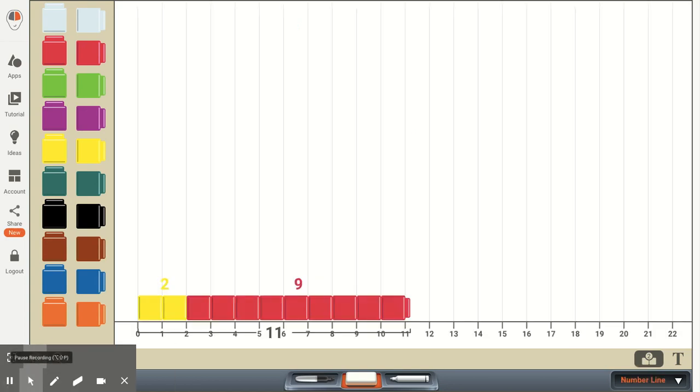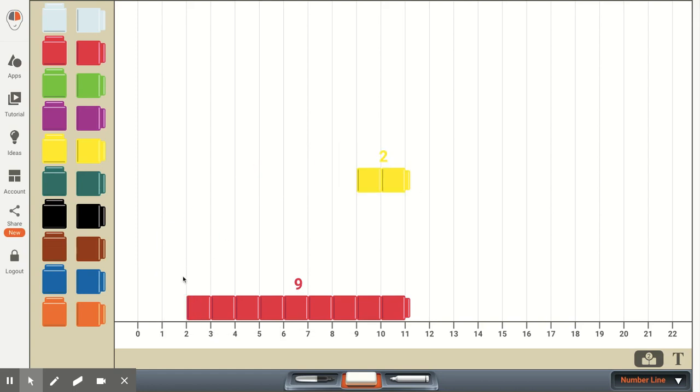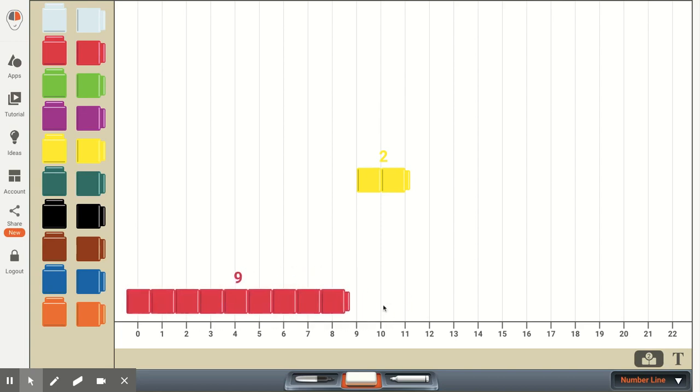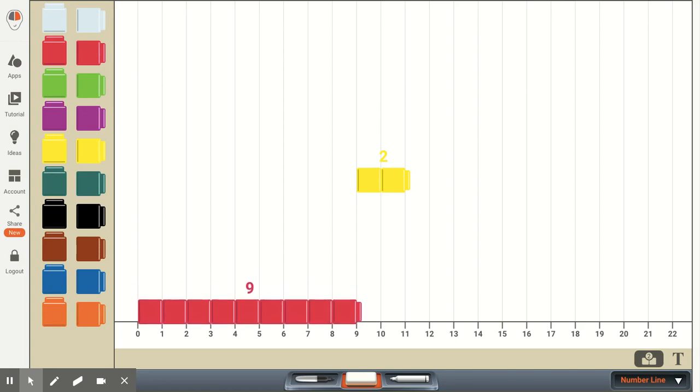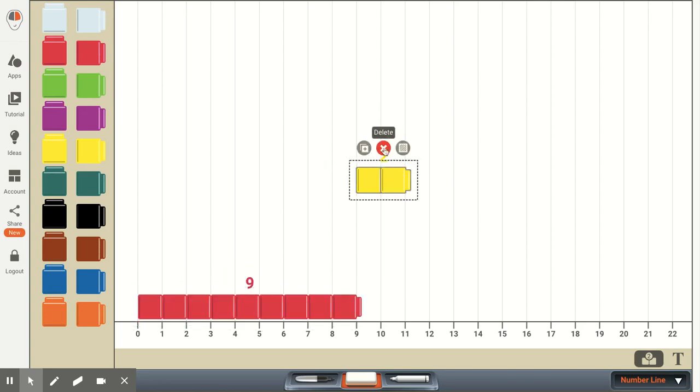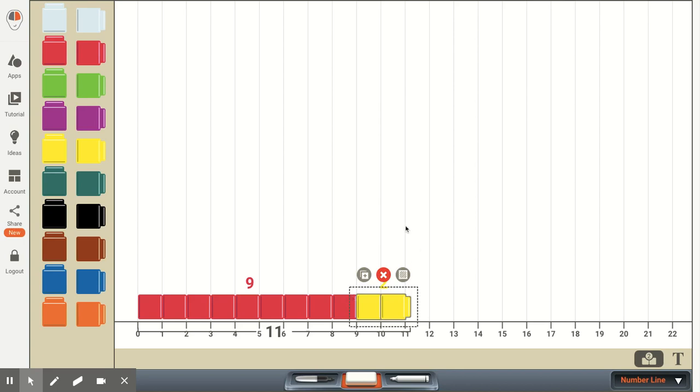And this is just another example, except here I've placed the unifix cubes on a number line. We have the 2 yellow cubes and we have the 9 red cubes, and this shows in total we have 11 cubes. And same as what we did before, let's say we switch this and we take our 9 red cubes, and we start with the 9 red cubes, and then we bring down the 2 yellow cubes. It's showing the exact same thing, that 9 plus 2 equals 11.